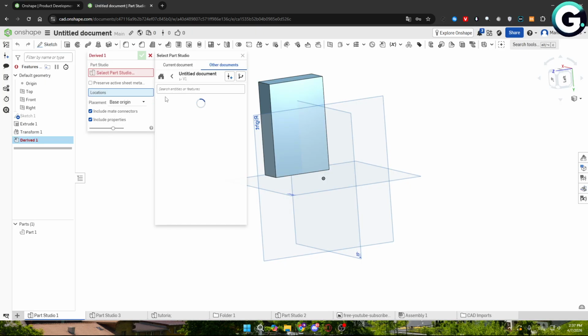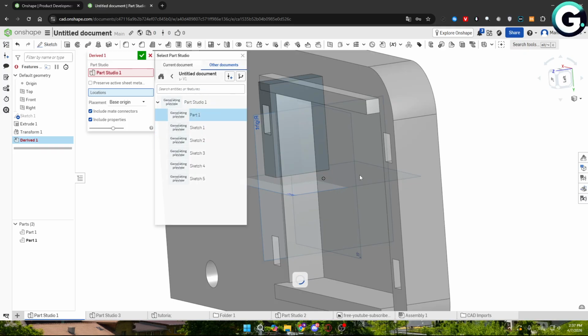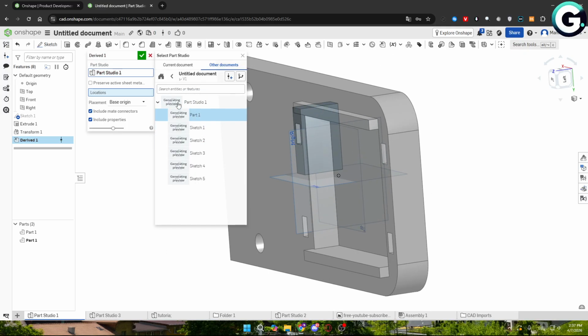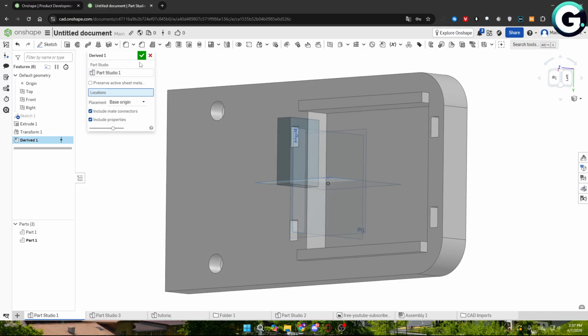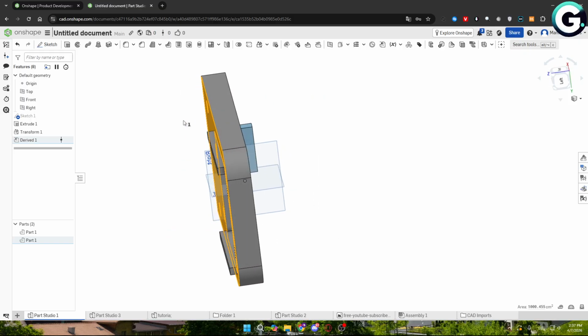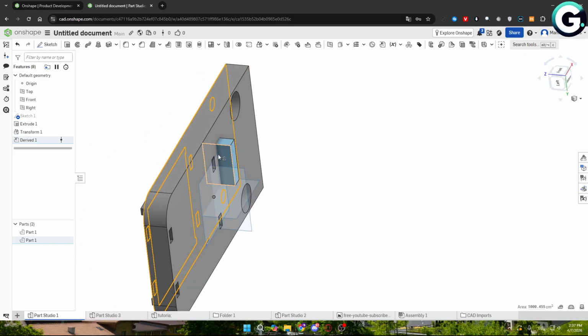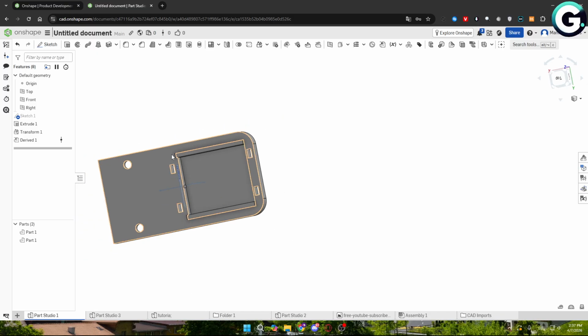So let's see how it goes. I will need to select a part 1 and just drop it right here, and now you'll be able to see that you have 2 parts right here. So now you can minimize that part or just change the location of it, but that's how you import